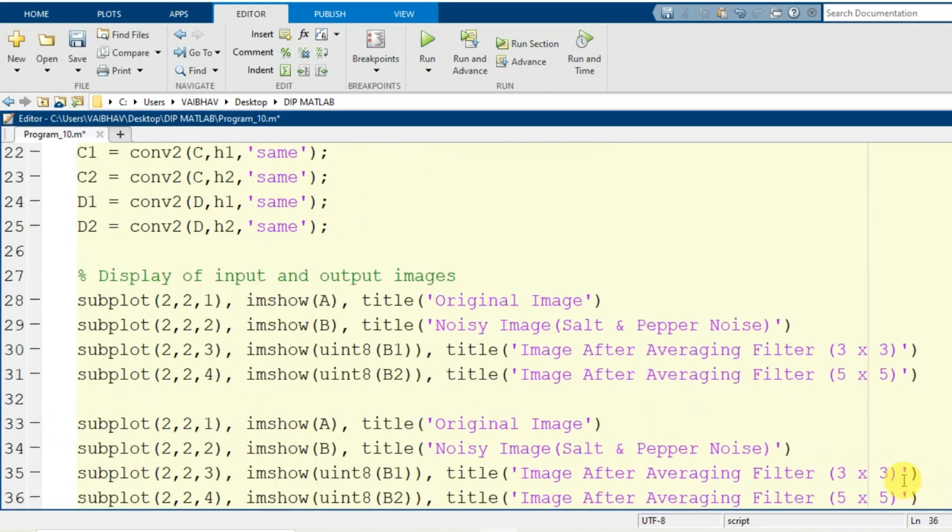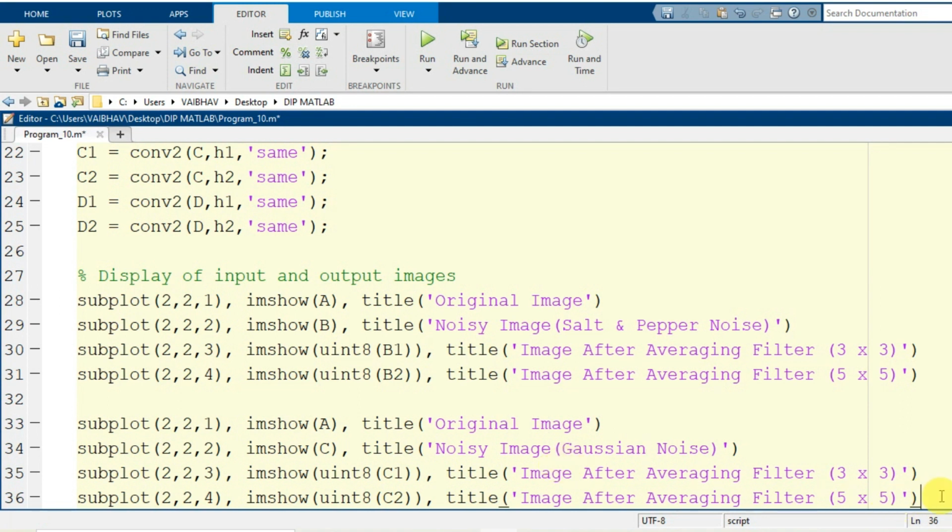I will copy this much of the portion and will generate the next two subplots here. So here I will be providing the output image, instead of the variable B it will be C, and after the application of the averaging filter we have obtained C1 and C2 here. Instead of salt and pepper noise, this time it has been noise affected with Gaussian type.